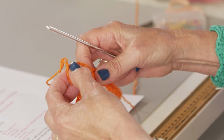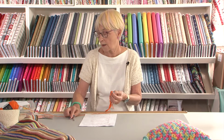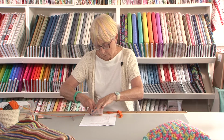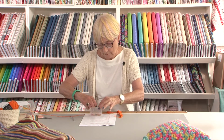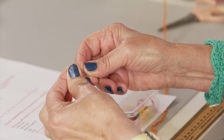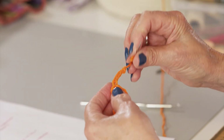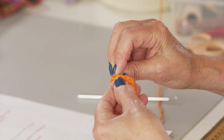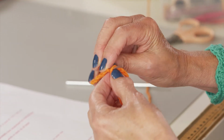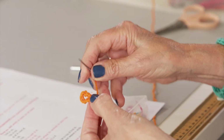And then when you finish that, you come back to the beginning where we had these 6 chain, and with a needle, which I've got in here I hope, right at the very bottom. Oh, it's a bit of a big needle, but never mind. Thread that end there, and you can use this little end. I haven't left myself much end, you want to leave yourself a bit more than that actually, and just fasten that needle back into the end of the bracelet. And as you can see, we've got a little buttonhole by magic,